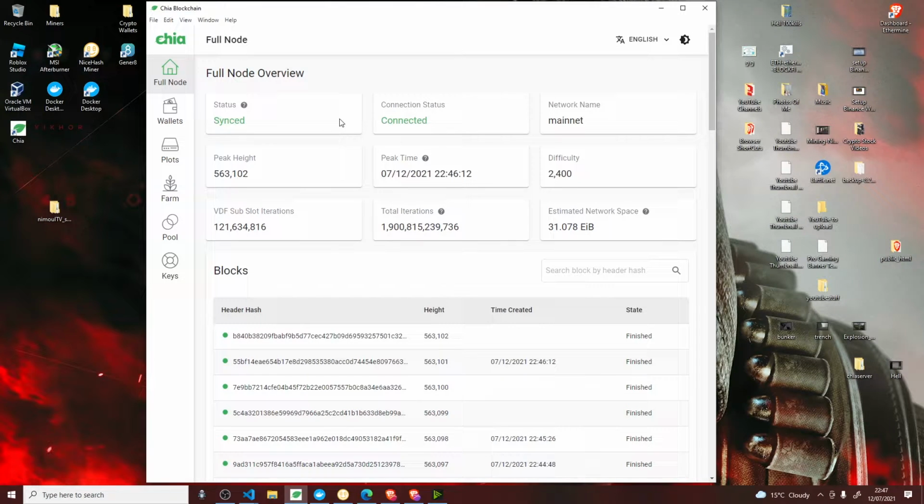Right, so here we are, we're back in the Chia GUI, and as you can see it's synced, connection status connected, and that took, in the end, about just over 24 hours, maybe about 27, 28 hours, something like that. It completed overnight.